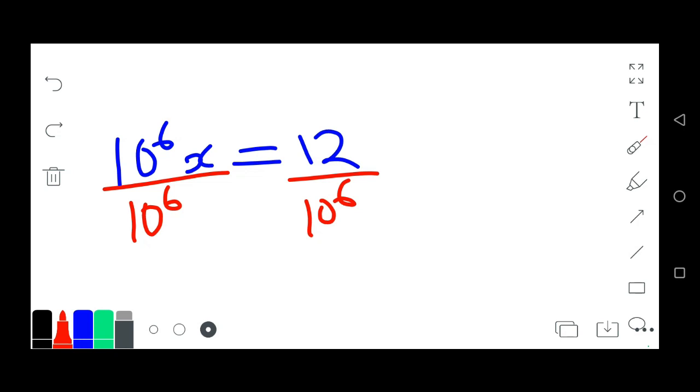So now this goes. So now my x is going to be, you now divide 10 to the power 6 divided into 12. So I'm just going to have, this is more like 1 million. Then when you use your calculator, okay,